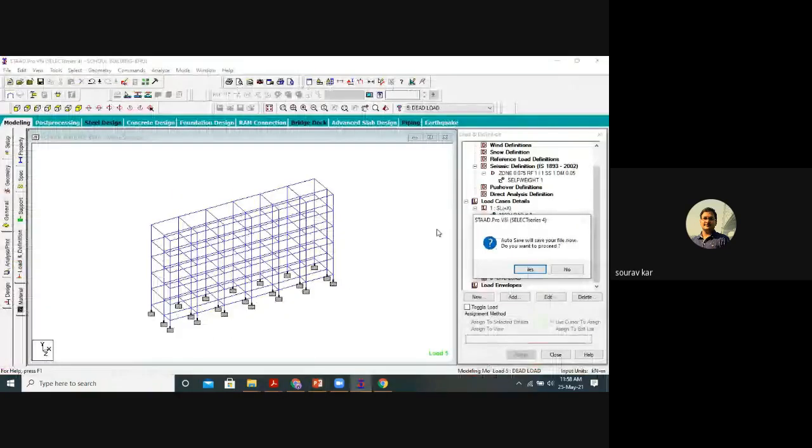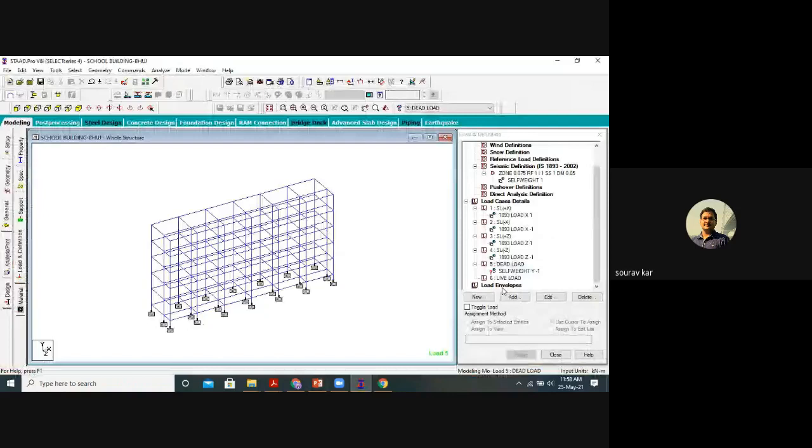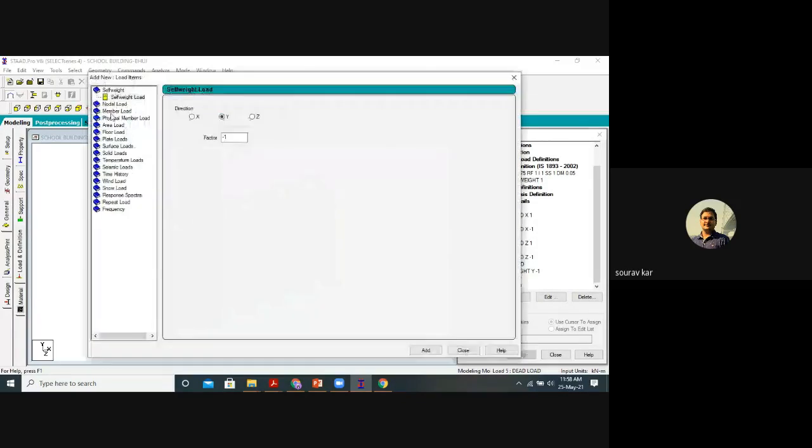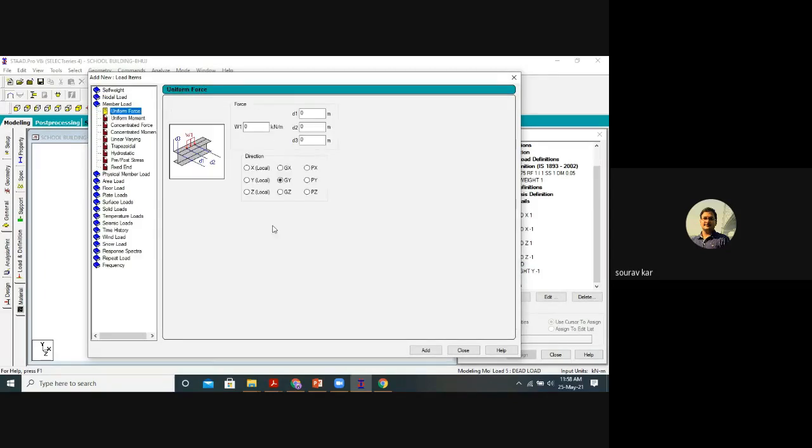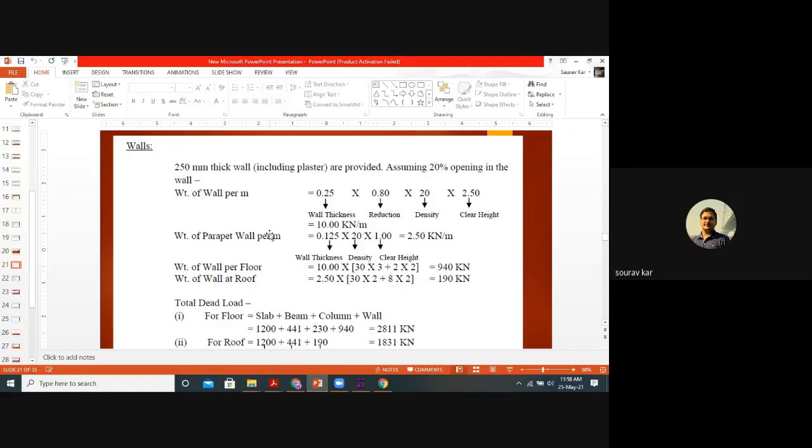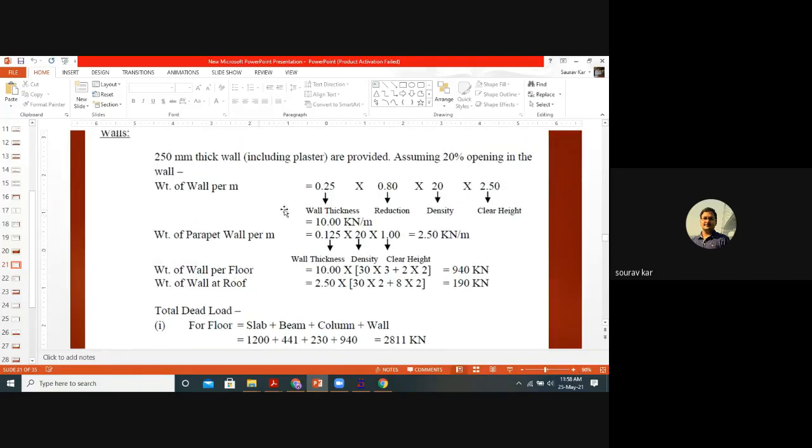So coming to this, now I have already selected the self-weight. Now it is my turn to add the member load first. Member load for wall thickness, I told you, that's for walls, the value is 10 kilonewton per meter.